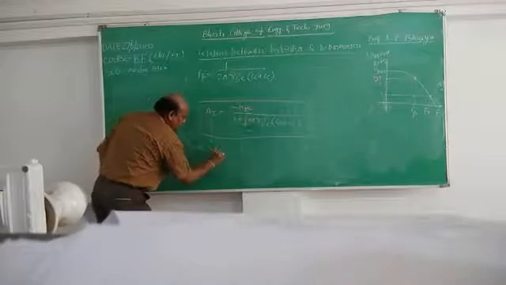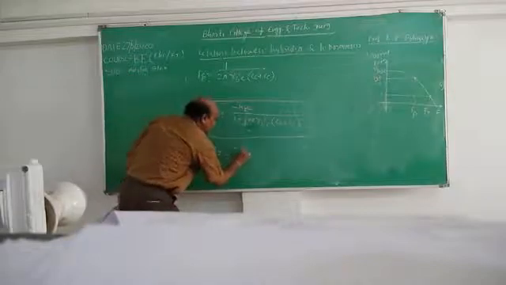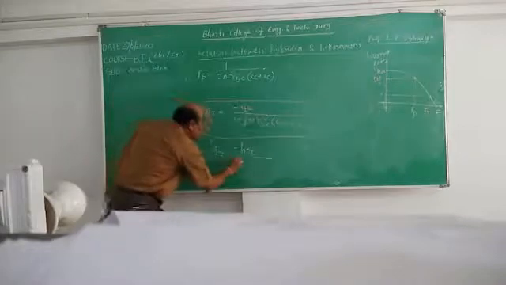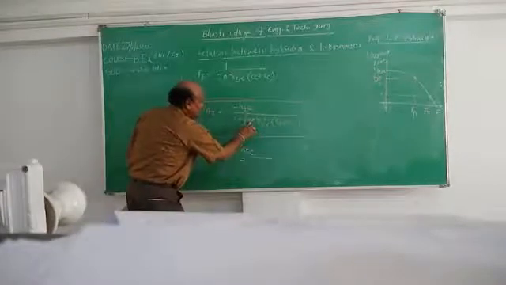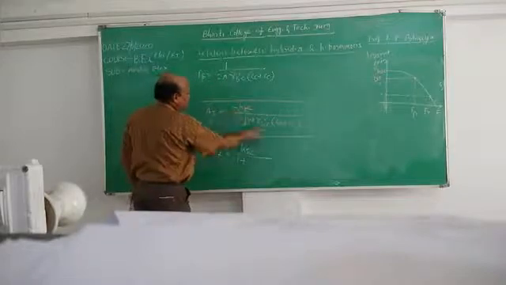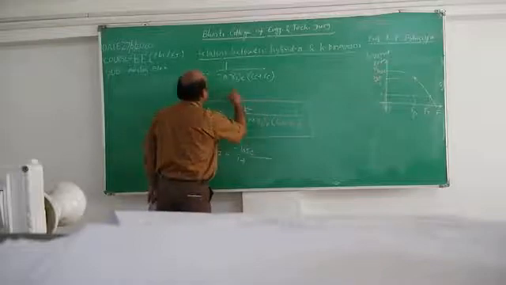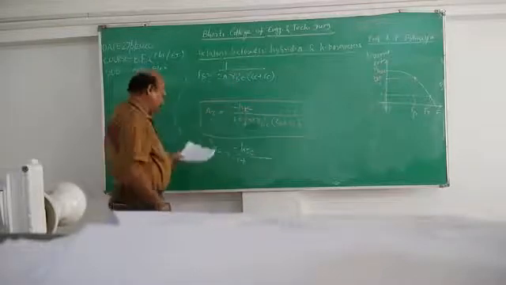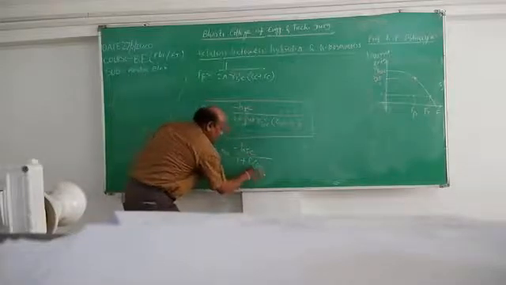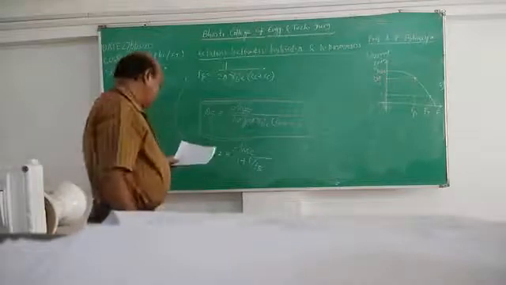So what is the value of AI in terms of F beta? So I can put this is minus HFE upon 1 plus, in place of omega you can put here 2 pi f, and 2 pi f will be there. So 2 pi R B dash E into CE plus CC is 1 upon F beta. So this value will be F by F beta. Minus HFE upon 1 plus F by F beta.